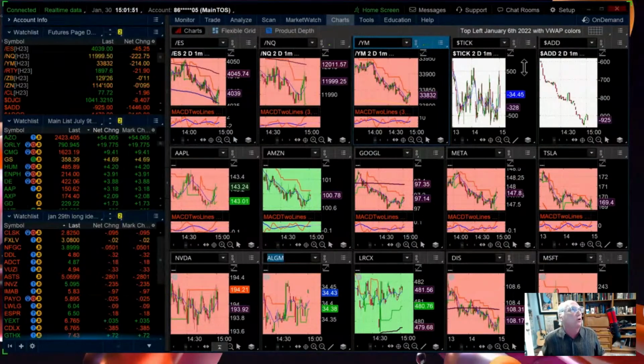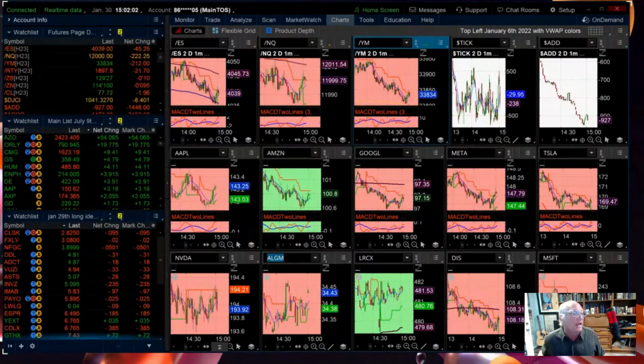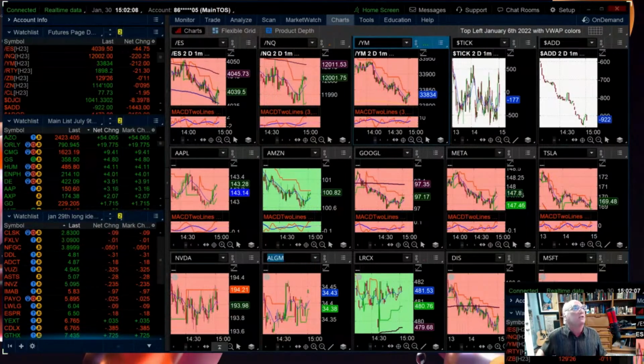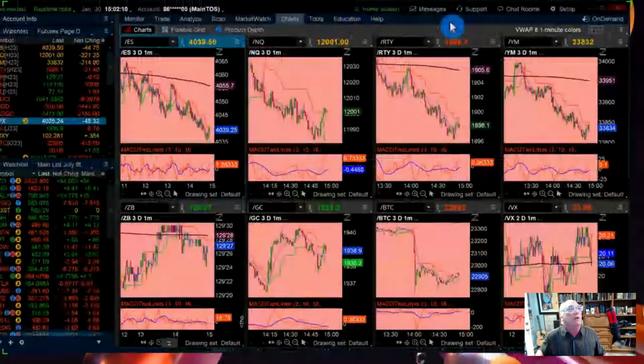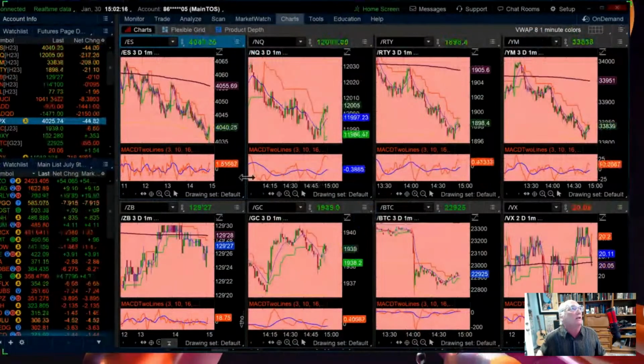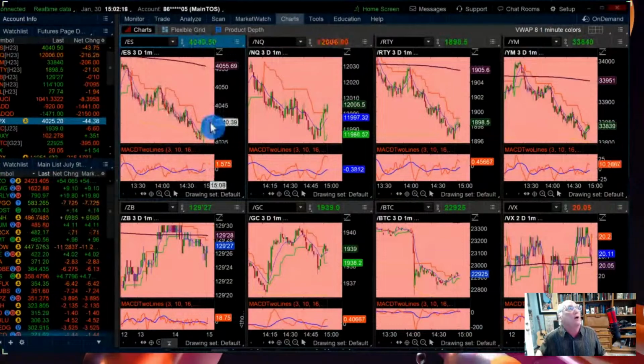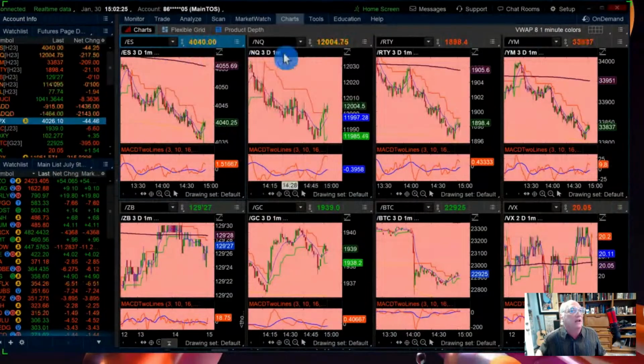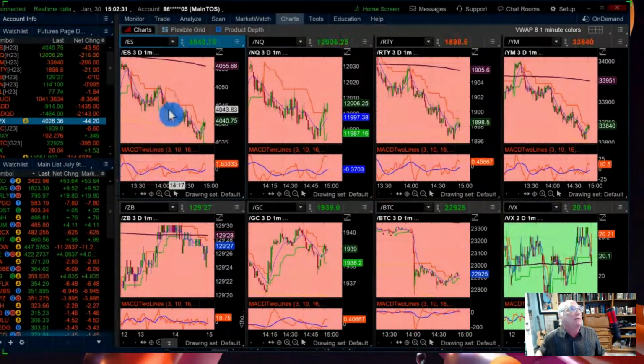The first thing I wanted to show you is something JC also mentioned in here about the VWAP. I'm not saying any indicator that I use is something you buy at or sell at, but I'm watching this. This is just a standard VWAP, eight different products on a 1 minute. See how far this is from the VWAP? That's pretty far on a 1 minute chart. 15 is a little far. Just keep that in mind.